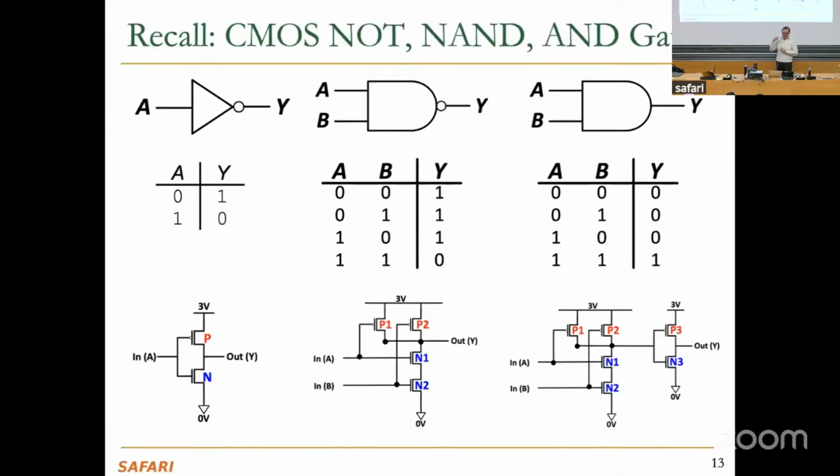You remember this picture from one of the later slides that we covered yesterday. We built the inverter first. And you can see that the inverter requires 2 transistors, P-type connected to the power rail, high voltage, and N-type connected to the ground rail, which is low voltage. And this is a structure that we introduced. I'm going to talk about that again. Complementary metal oxide semiconductor. You have PMOS at the top and NMOS at the bottom. And this inverts the signal, a single input signal,